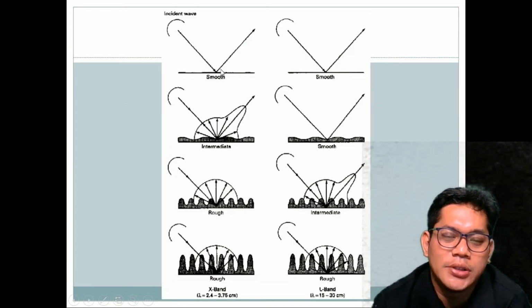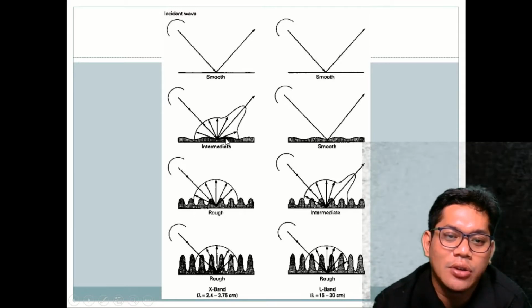And basically, within the different bands as well as the different surfaces, the incident also will result in different tones of color being collected by the radar. X-band has a slightly narrower wavelength as opposed to L-band, which is wider. So the narrower the wavelength, the more sensitive the system will be. So it is able to show you the